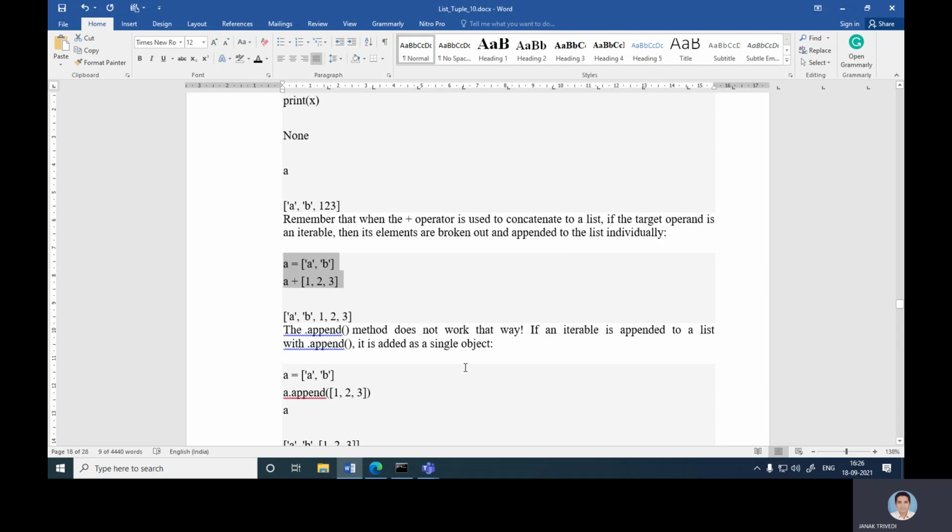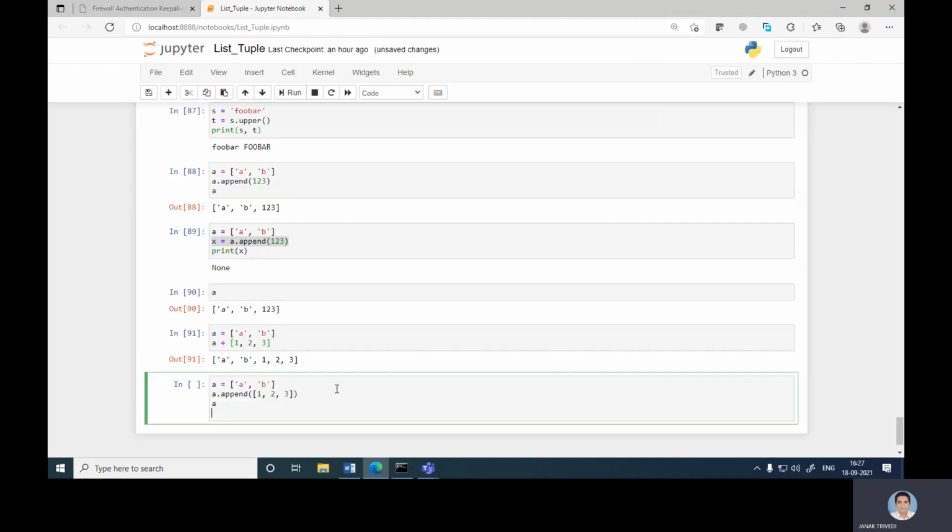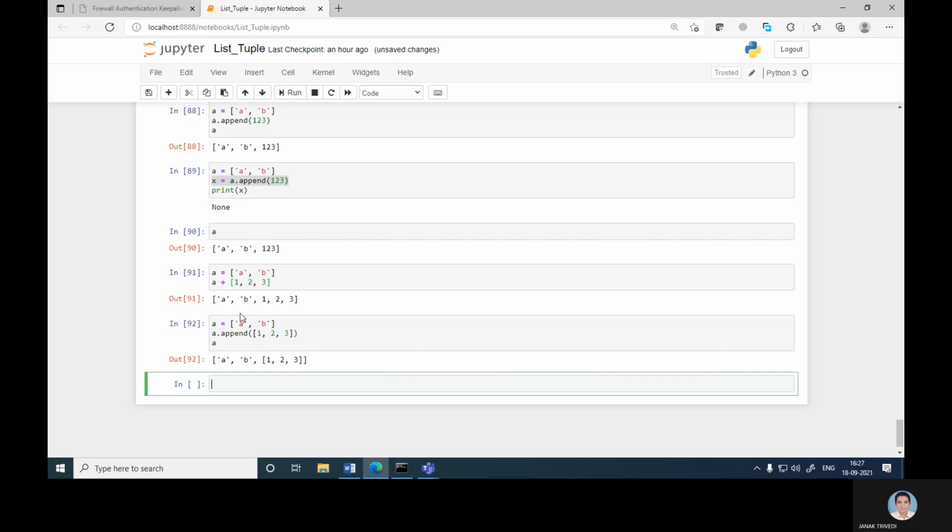The .append() method does not work that way. If an iterable is appended to the list with .append(), it is added as a single object. How is that? Like a.append([1, 2, 3]). Now it is added as a single object. Okay, so a is ['a', 'b'], then a.append as a single object, now [1, 2, 3].